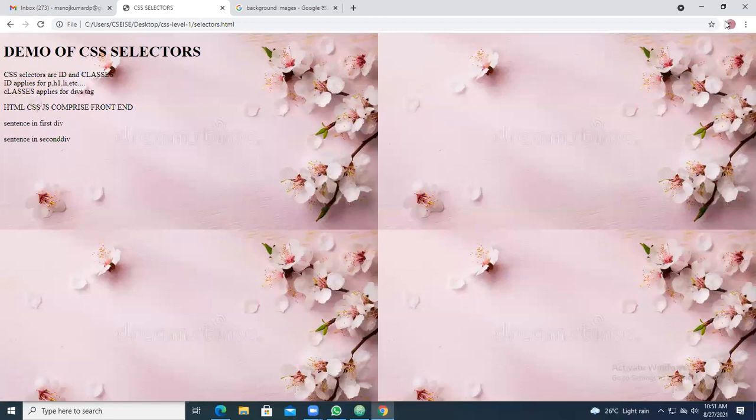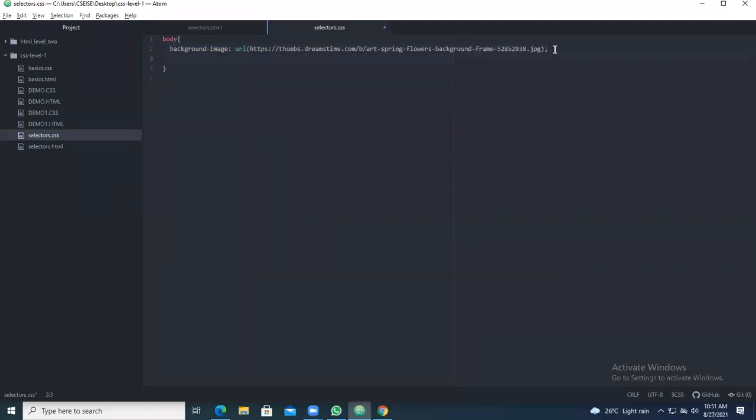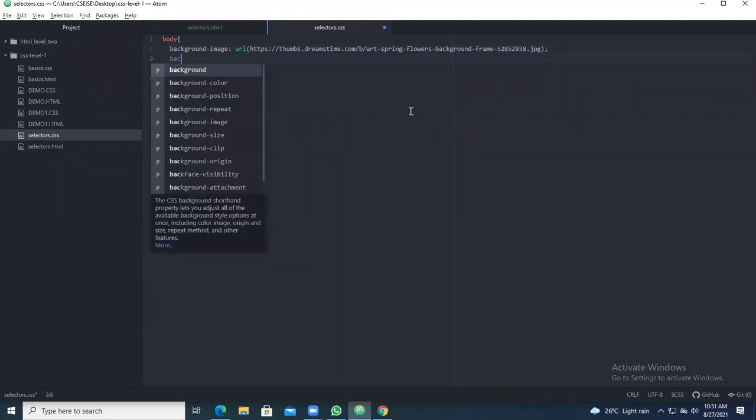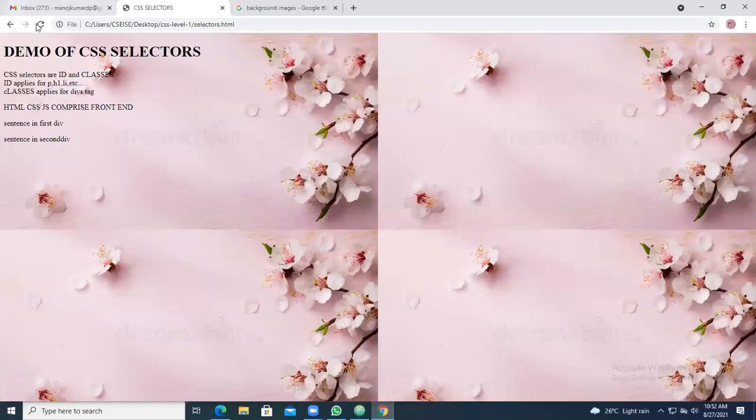Go to the web page, and here you see you are getting the entire background image like this. How many images are you getting? Totally it has been repeating how many times? Repeating 4 times. So in order to remove this, type background-repeat. If you want to repeat, it's already taken, so you can give it as no-repeat. Save the contents and refresh.